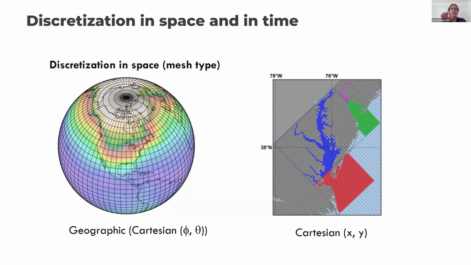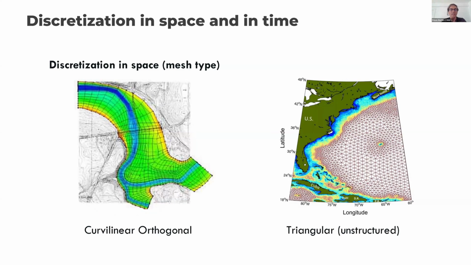So it's easy to identify, more important than that, to identify the neighbors of that cell, okay? If we know I plus 1 is the neighbor on the right, I minus 1 is the neighbor on the left. And that only happens in structured grids. Like this one, the curvilinear is also structured because although it's curvilinear, we can assign an I and a J to the indices.